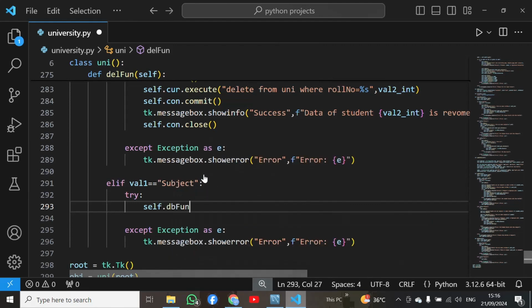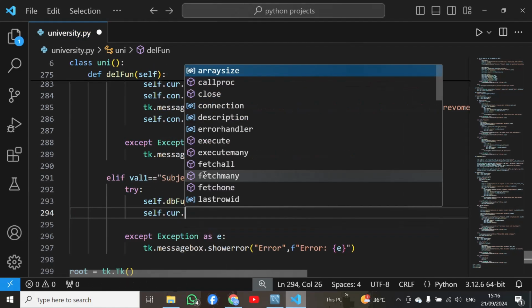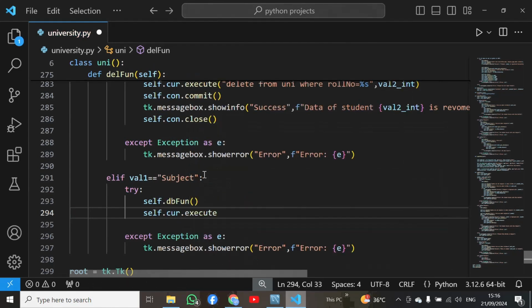Then here I have to delete all information from the database where this subject exists. So here I have to use a query, but first I will access the cursor, self dot cursor dot execute. Here I will use delete from university